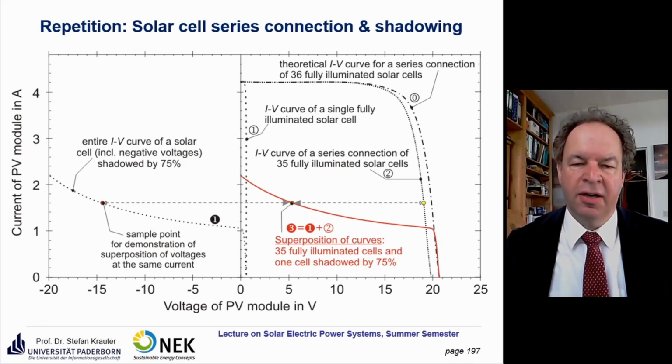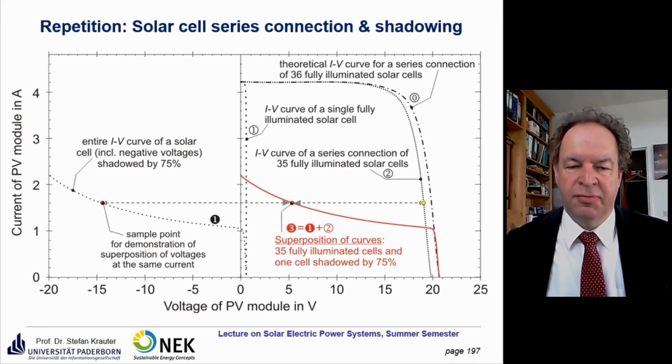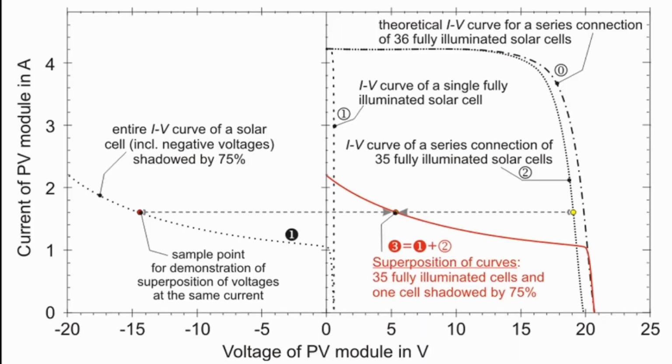Just a repetition from last lecture. It was rather extensive. So this is the effect of a shaded cell. This is a curve of a shaded cell, the black number 1 here. And this is a curve of a fully illuminated cell. And number 2 is the series connection of 36 fully illuminated cells. So you add these up, and theoretically, if number 1 were fully illuminated, then all 36 cells would create